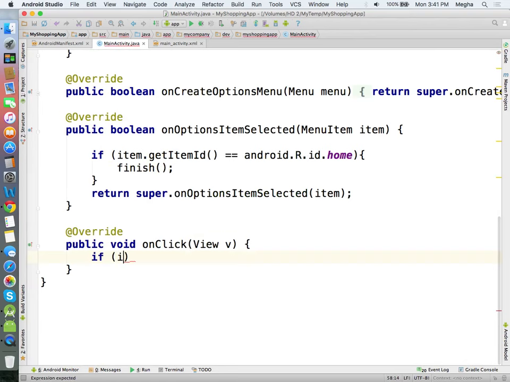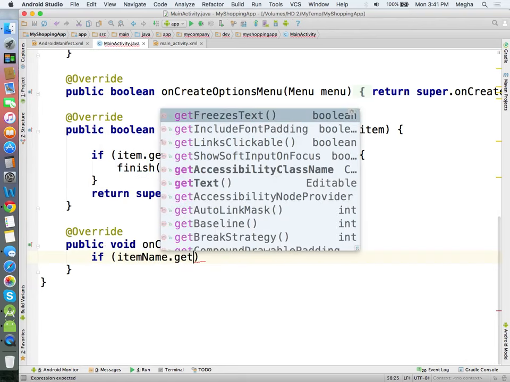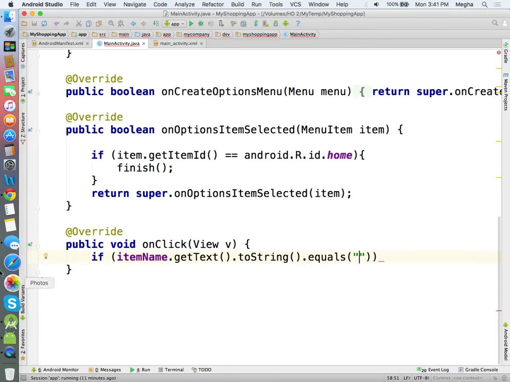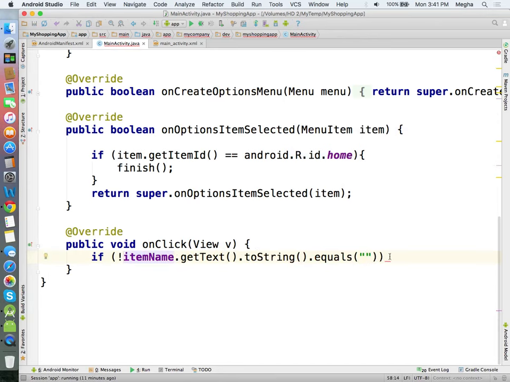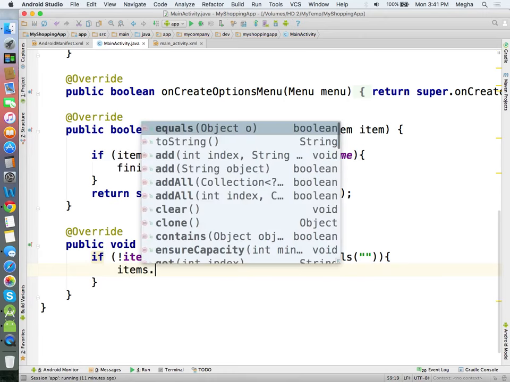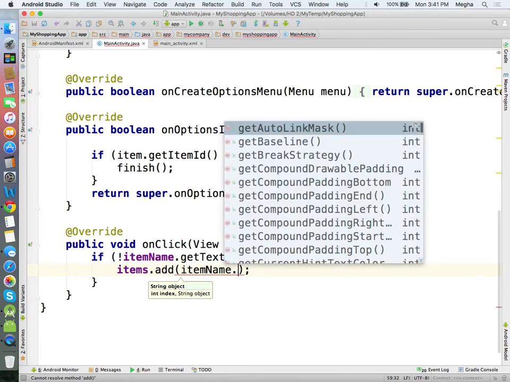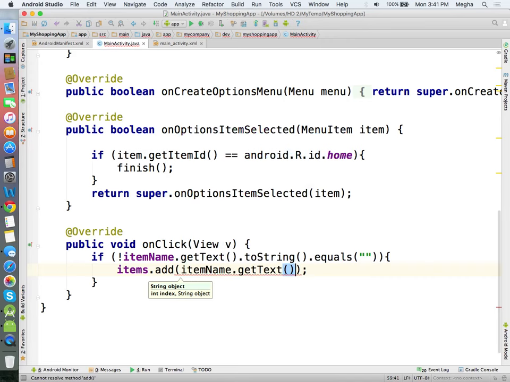If item name get text to string does not equal empty, we don't want to enter empty values. items dot add will add an entry at the end of your array list.